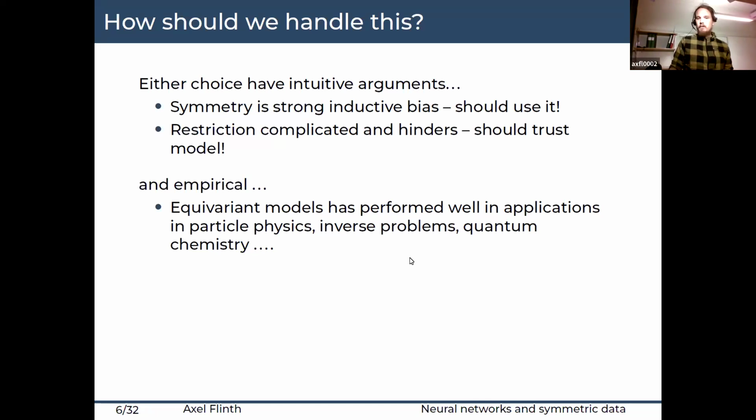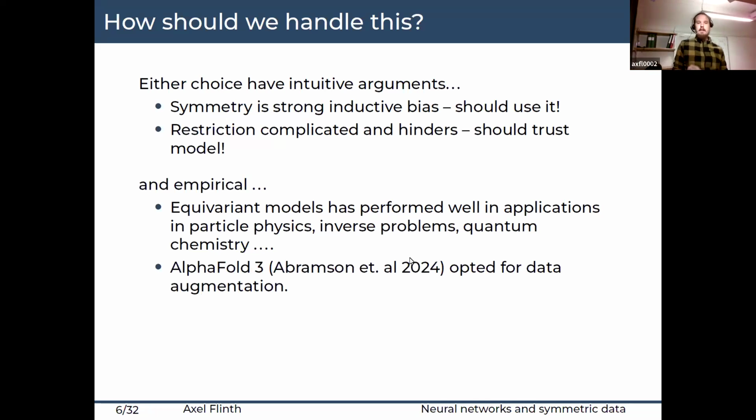Then, so many things happened, but one thing that happened was that the third version of the AlphaFold model came out. In early versions of the AlphaFold model, they used some kind of explicit encoding of certain aspects of the architecture of the protein folding. The third version opted not to do that. They used a transformer without any equivariance properties and simply trained it with a lot of data augmentation. And this seemed to work.